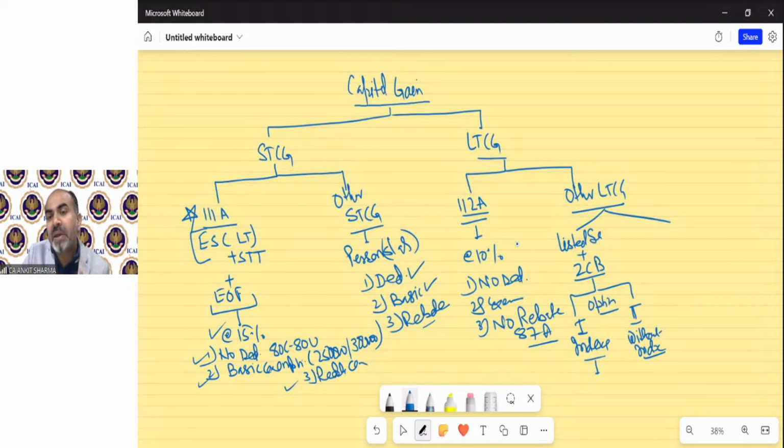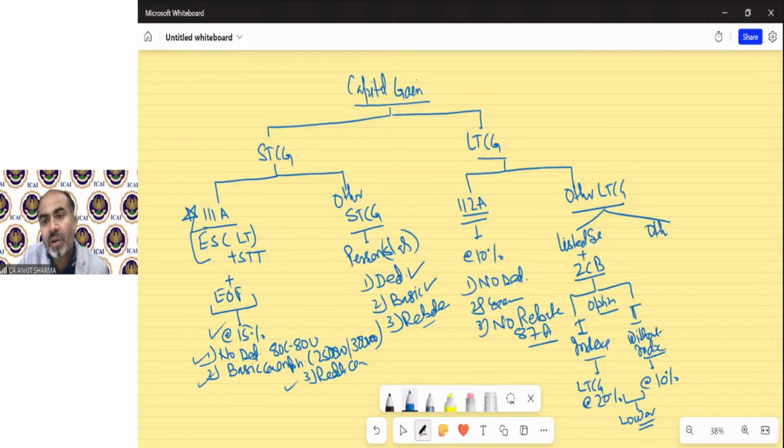If you are taking the benefit of indexation of cost, then whatever the long-term capital gain is, it is going to be taxed at 20%. And if you are not taking the benefit of indexation on cost, then you can tax it at the rate of 10%. So we have to calculate it twice, and whichever is lower